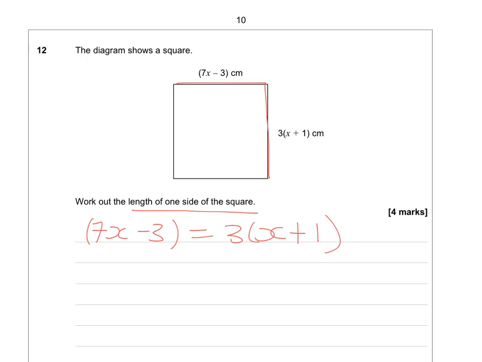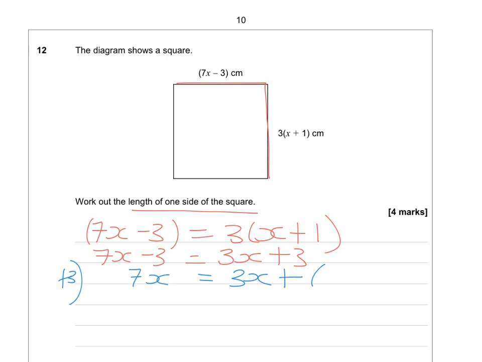7x minus 3 equals 3x plus 1. Expanding the bracket here, 3x plus 3, we can now solve a very, very simple equation. Add 3 to both sides, so 7x equals 3x plus 6. Subtract 3x, so 4x equals 6, and then divide by 4, giving us x equals 6 over 4, which is